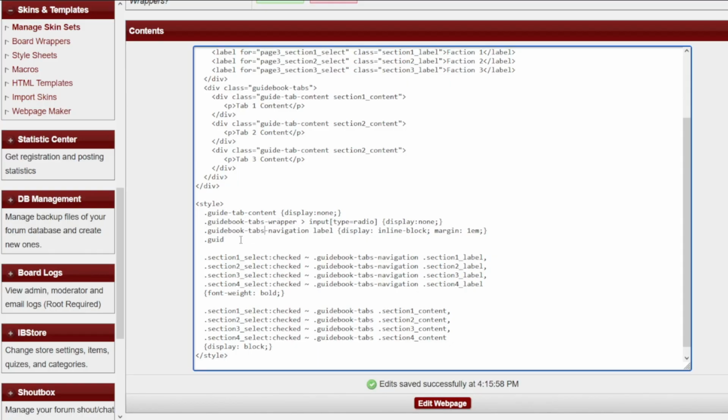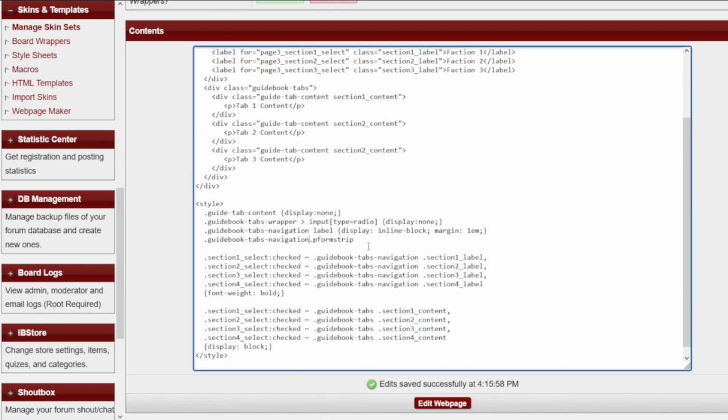That's why that didn't apply. So that the guidebook tabs .p-form strip. So I can say guidebook tabs navigation. I can also